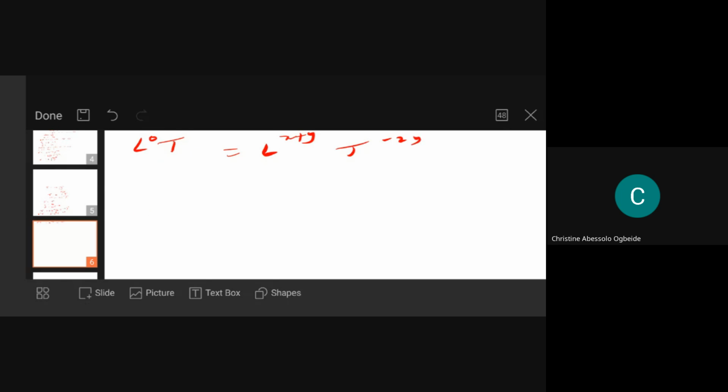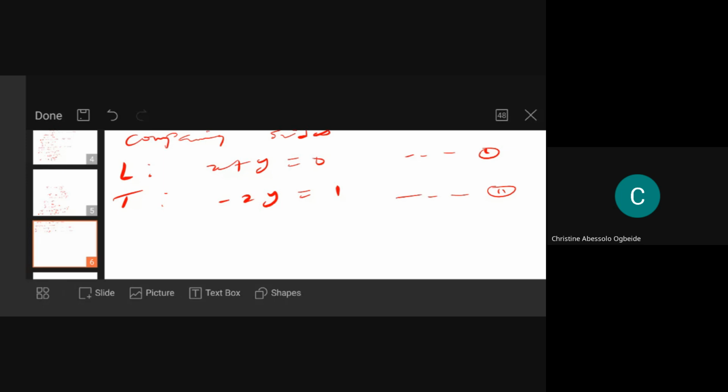All right. Now, if I compare these two equations, comparing sides or comparing powers, if I compare the L, which is the first one I have there, I'll be having that X plus Y is equal to 0, because that's what the powers are. If I compare the T, I'll be having that minus 2Y is equal to 1. And clearly, these are the equations. This one I can call equation 1. I can call this one equation 2.